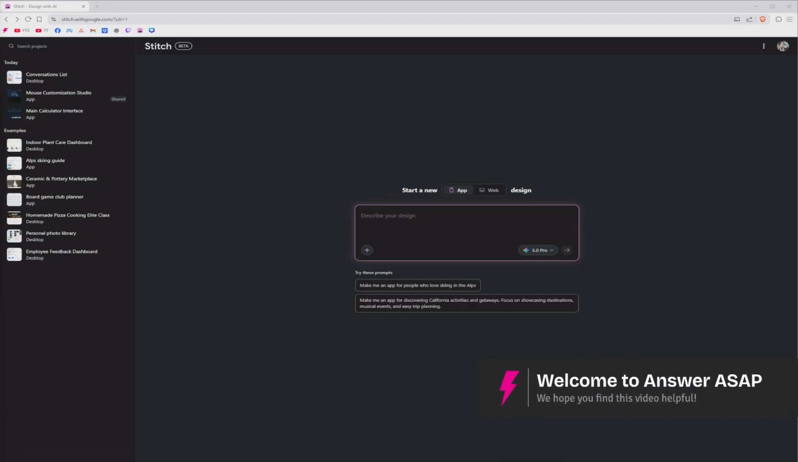Welcome. This short tutorial will be showing you how to use experimental mode in Stitch. All right. So first up, go ahead and log into your account in